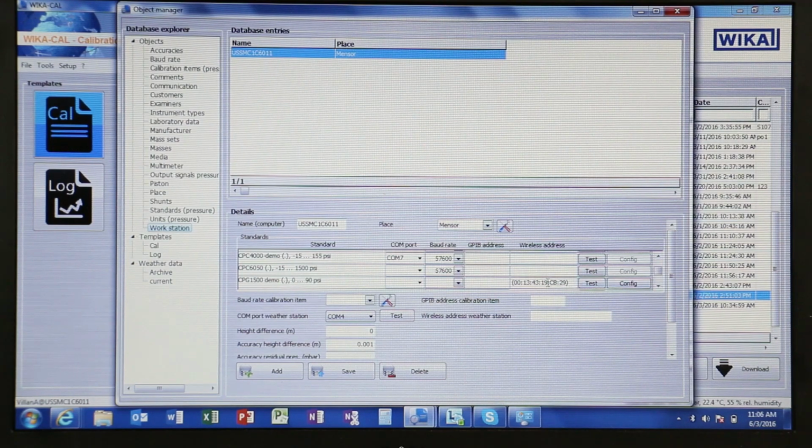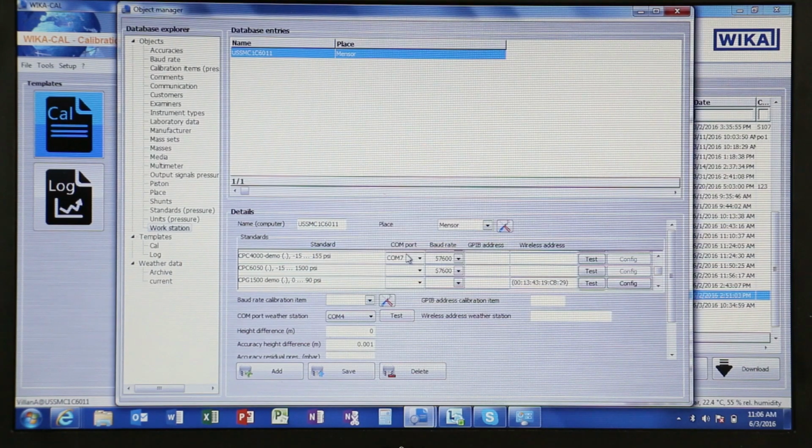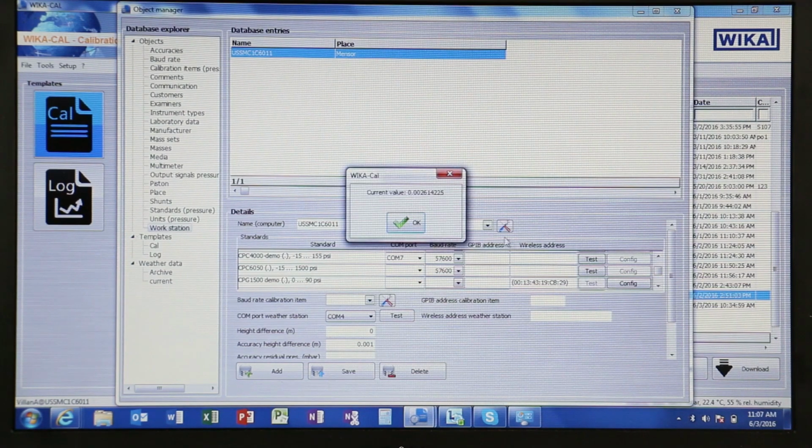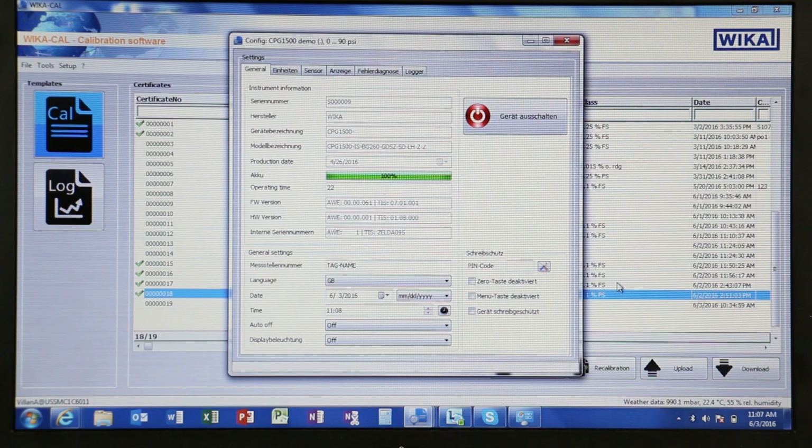By pressing Wireless Address, the software will recognize the device and by pressing Test, you can check the connection. By pressing Config, you can enter the remote control window of the CPG 1500.